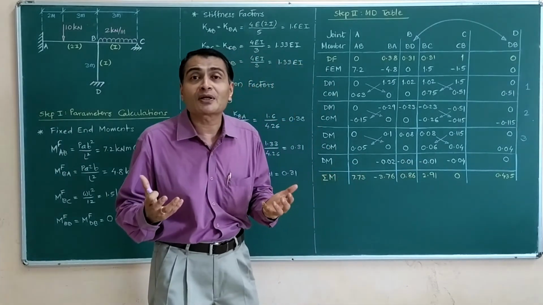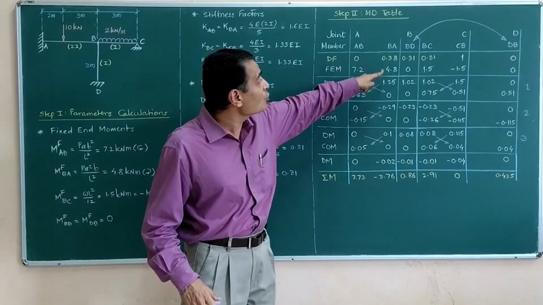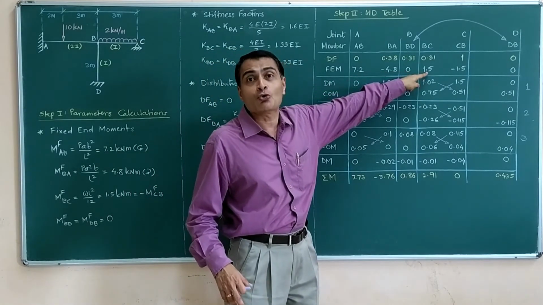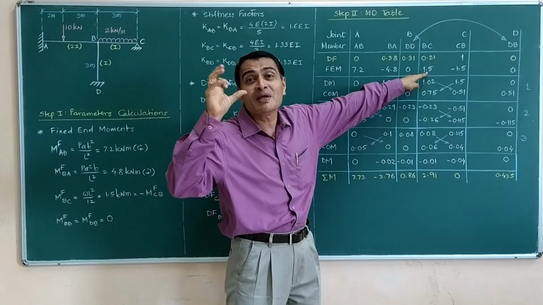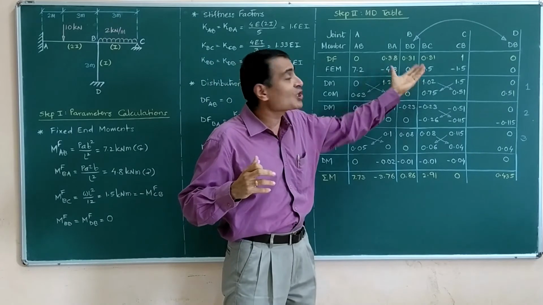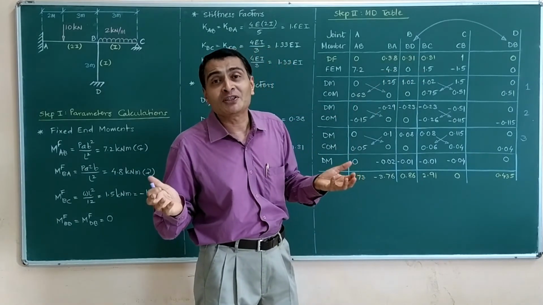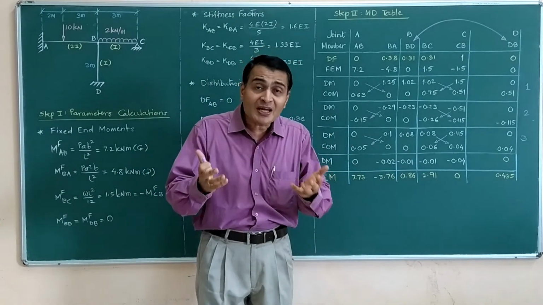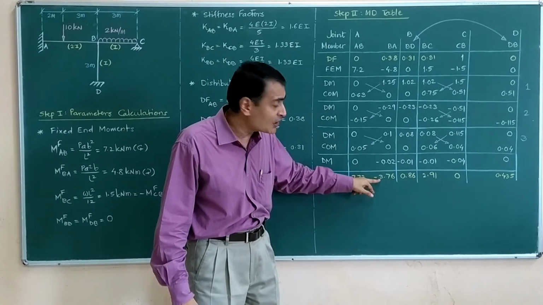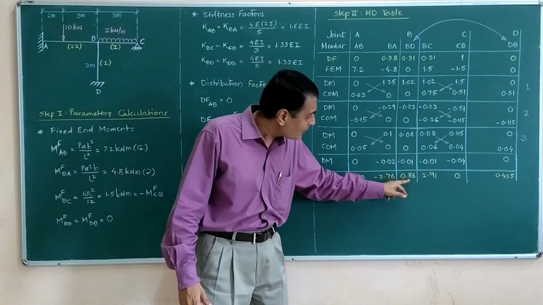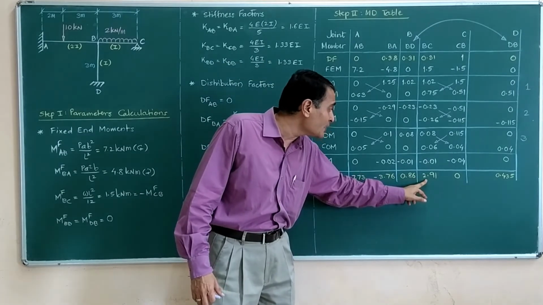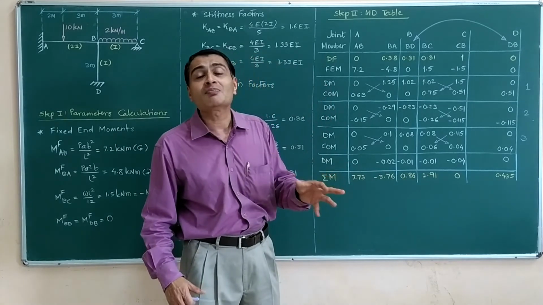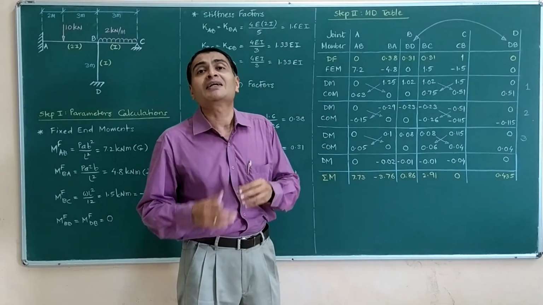Now how do I know whether the joint is balanced or not? Here you remember negative 4.8 plus 0 plus 1.5. I had taken a summation sigma M at B joint, and this summation had turned out to be negative 3.3, and we had commented that this was not a balanced joint. So the same thing I am doing here. I will take a summation, negative 3.76 plus 0.86 plus 2.91. Take this summation, you will find that the sum is coming out to be 0.01, that is nearly 0.